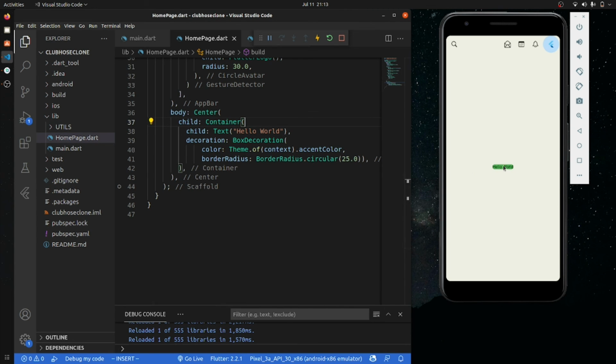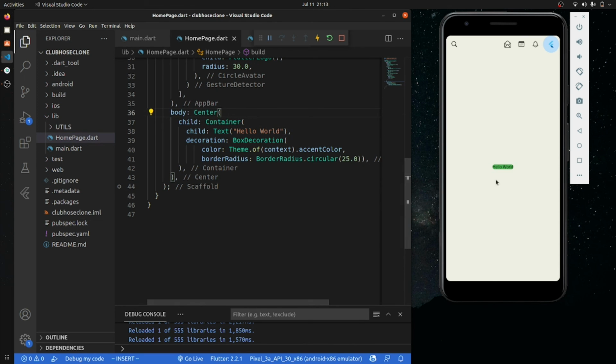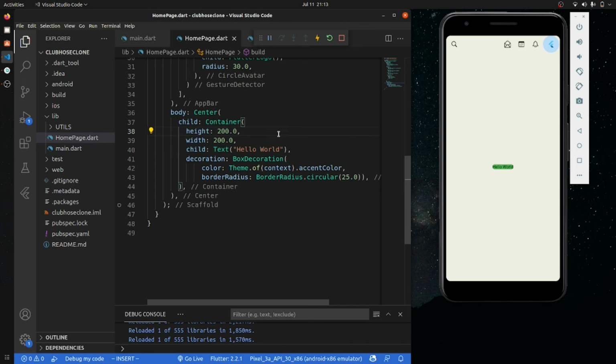Okay, it has created using the center, and firstly let's set the width and height like this only, and let us create the button that we have, the button that is used to create your start room and other stuff.